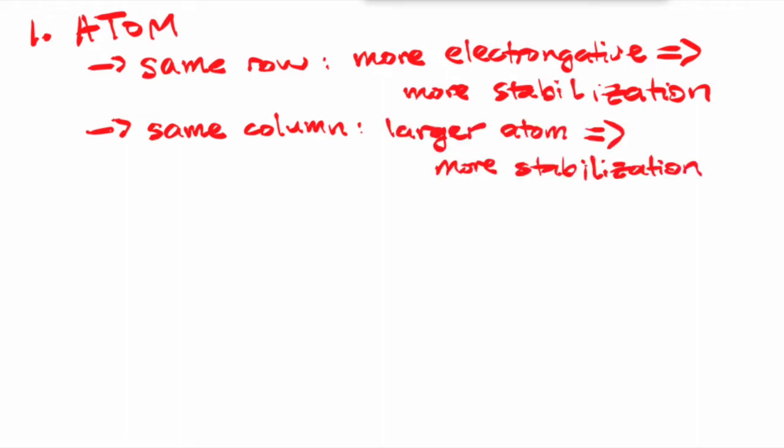Let's go ahead and take a look at some examples. We're going to compare an alkane to an alcohol. Which one of these would have the more acidic proton? Remember, in the alkane, the only source of protons you have are the hydrogens connected to the carbon, and they are all equivalent, so we just choose one to compare.